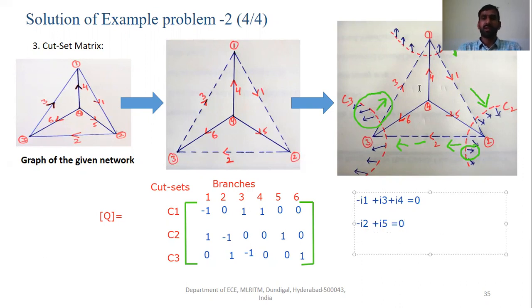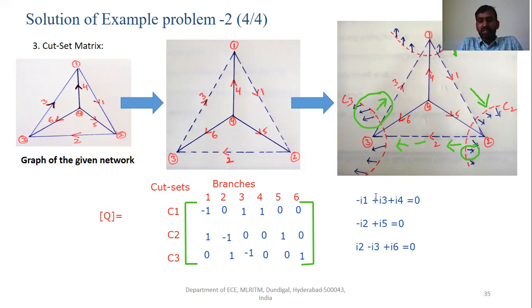Similarly, at the cut set C3, you can write the nodal equation, that is I2 minus I3 plus I6 is equal to 0.